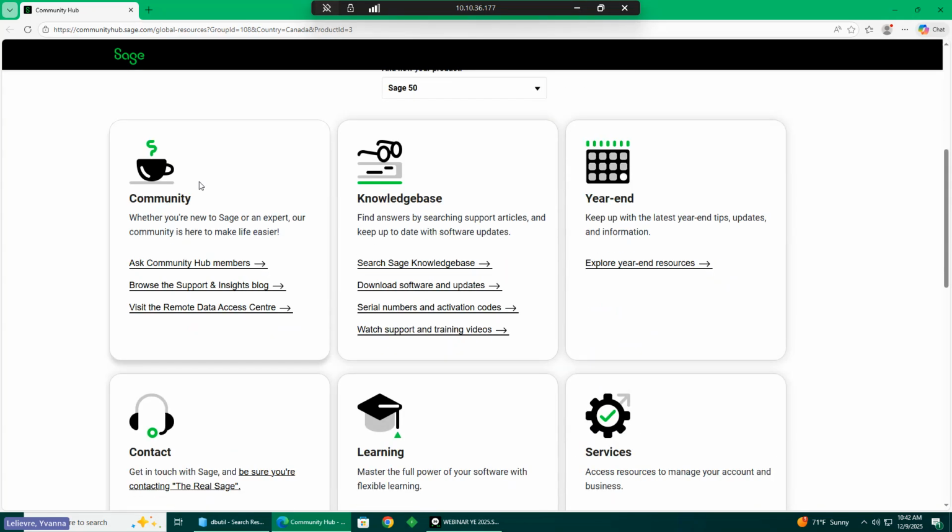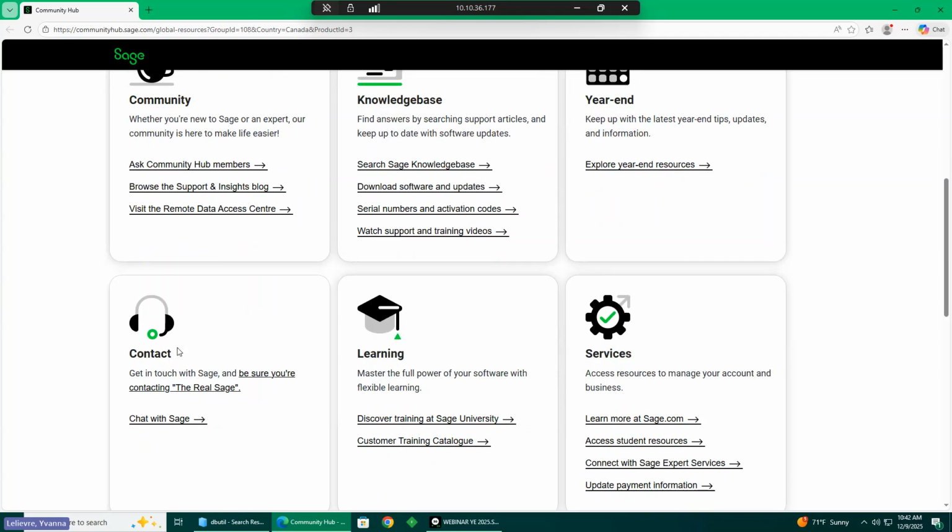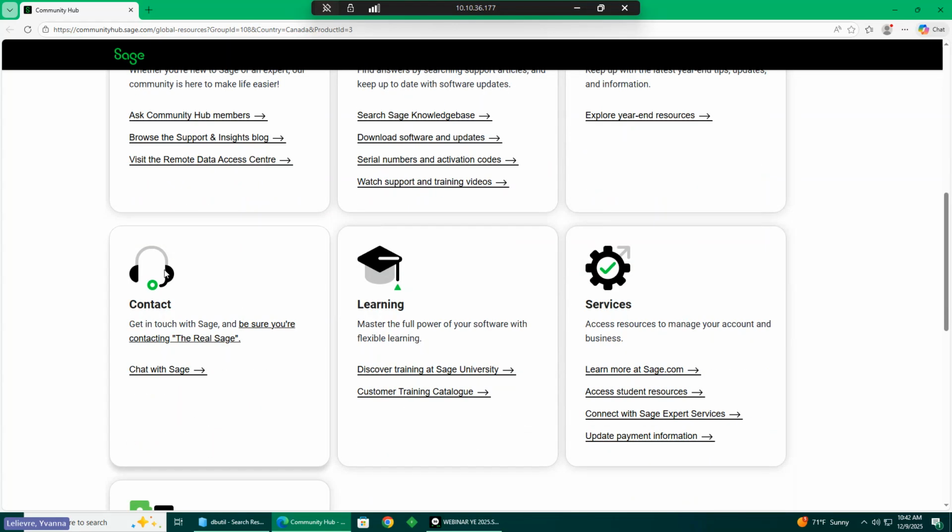And I will have access to the community hub, the knowledge base, the download links for the software. If you need access to your serial number and activation codes, it will explain how to access them. The URL center, which we're going to go to in a few seconds. If you need to talk to Sage, if you need to talk to an analyst, you can chat directly with